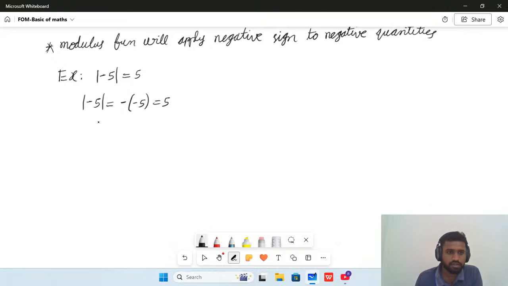And what about another example, modulus of minus root 2? What is the answer for this? Modulus of minus root 2 is plus root 2. Internally, it is applying one more negative sign to this minus root 2, so that the output is positive. So if we give 3 as input,